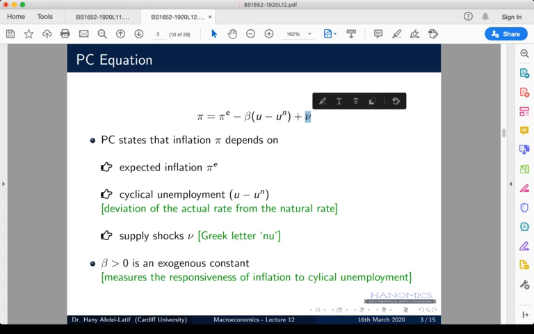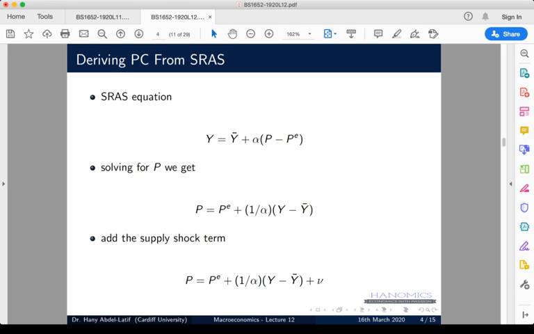And from here, all we did for the rest of the lecture was explain how we can derive that from the short-run aggregate supply curve. So that summarizes everything we said. If you want to derive this from the short-run aggregate supply curve, you just start with what we ended with last time, what we derived last time, the short-run aggregate supply curve, and from here you solve for P,